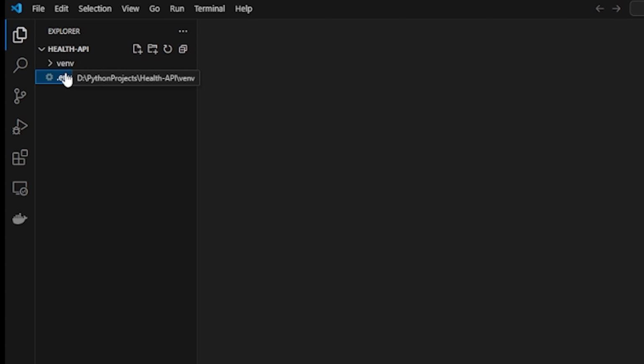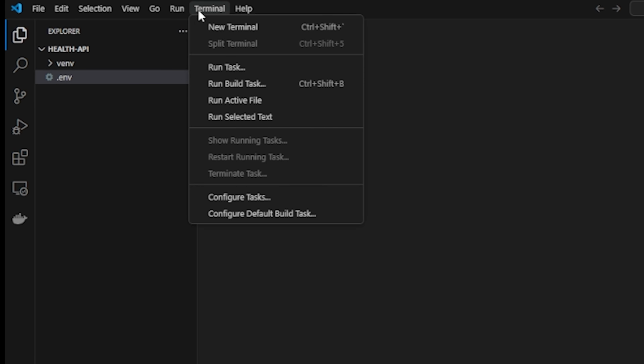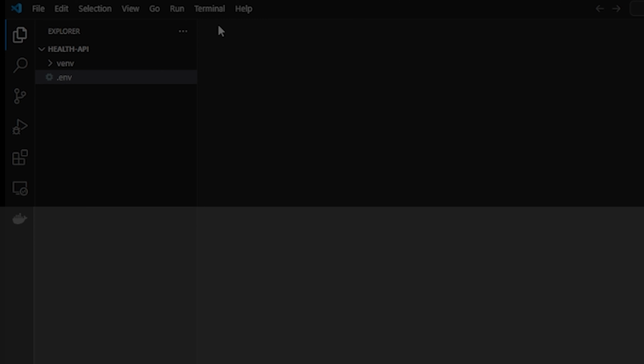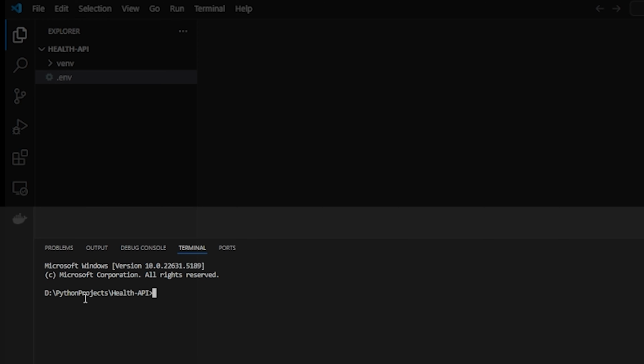So what we like to do is go to Terminal, New Terminal, and that way we have the terminal down here. Now I notice I don't see my virtual environment activated, so I'm going to go to venv/scripts/activate, and now it's activated, right there with the venv. Okay,